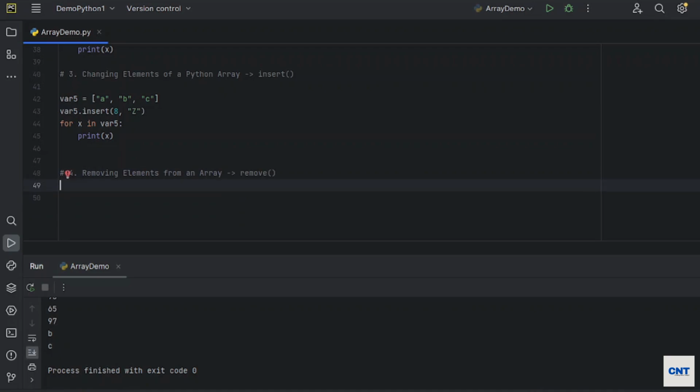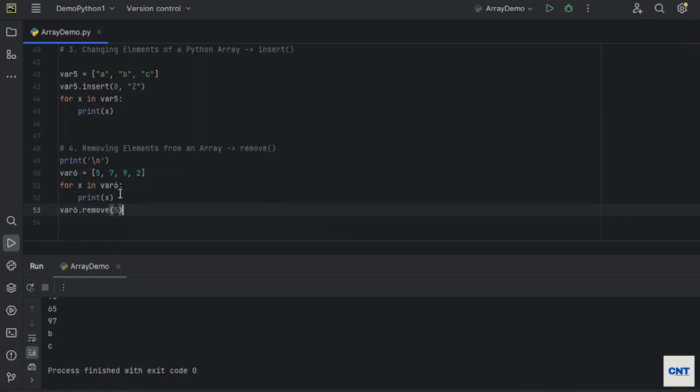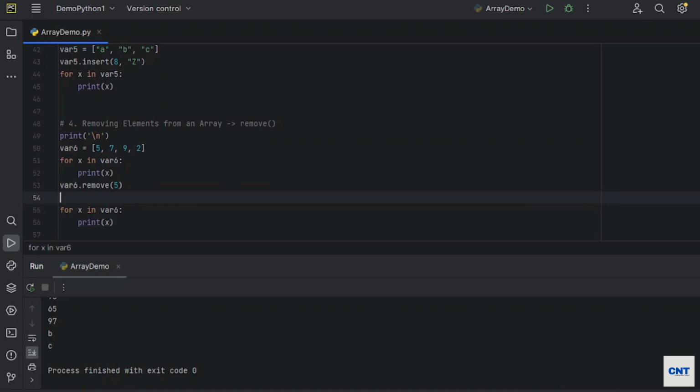If you want to remove an item from an array, you can use either the remove method or the pop method. How does it work? Let's say var6, and I am saying var6.remove. I want to remove the value 5. Then let's print first var6. We take a separator as well, slash n, a new line, then the initialized array, then the array after removing the element.